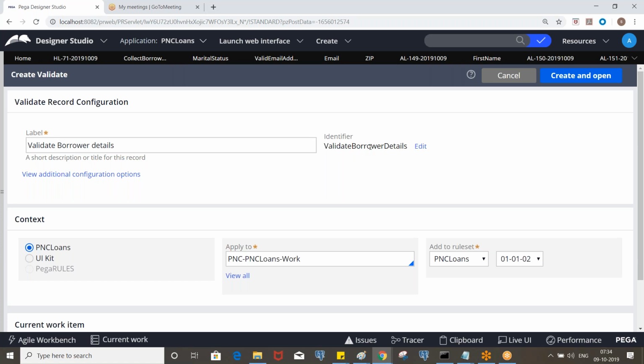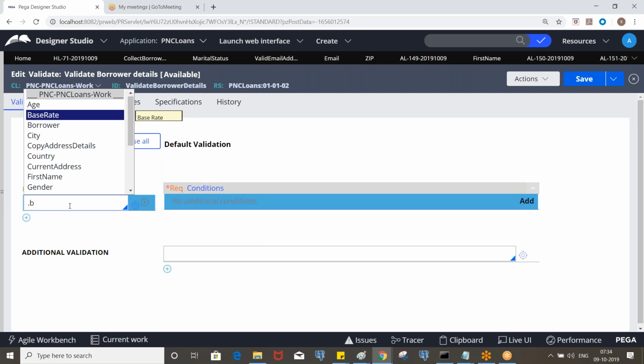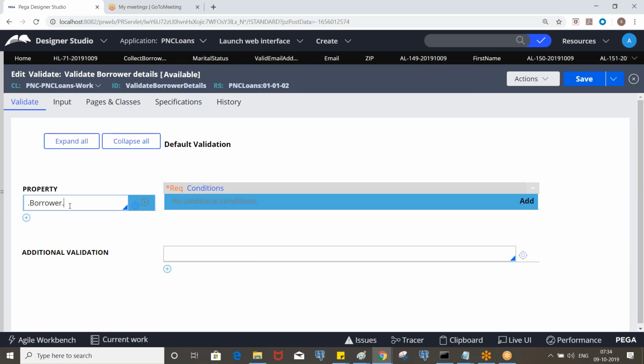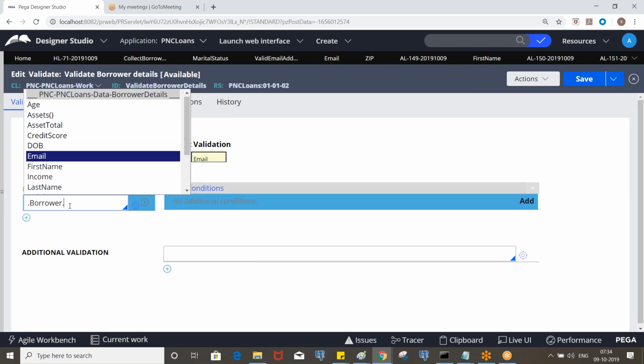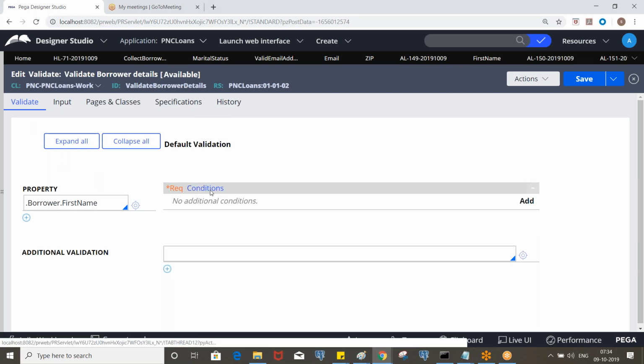So the format is getting changed. Behind that also we have some edit input rule. Now let's put borrower dot, where you want to display the message.